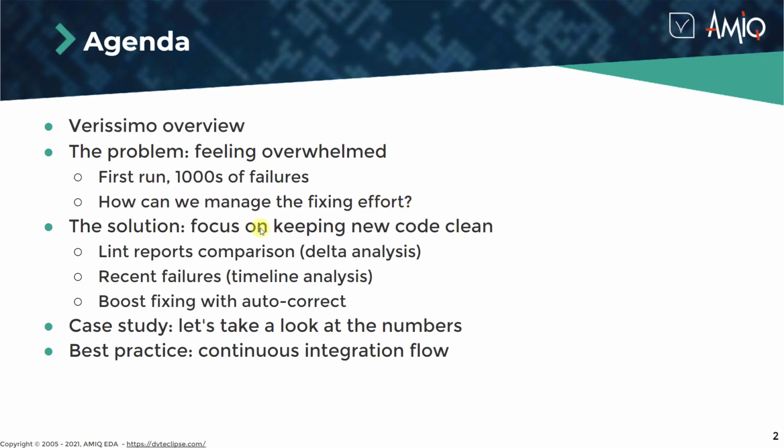We'll move on to the solution that we propose. Focus on keeping the new code clean, and this is done by what we call delta analysis or delta linting. Then, we'll look into another technique, a timeline-based analysis, or in short, recent failures analysis. Last but not least, we'll talk about how you can boost the fixing of lint failures using the autocorrect capabilities